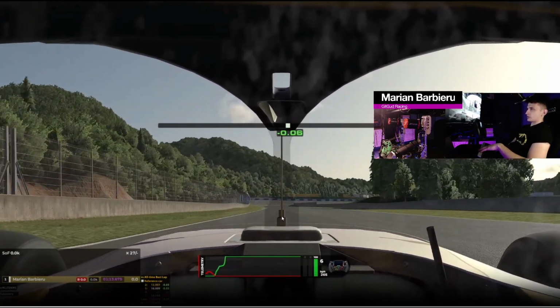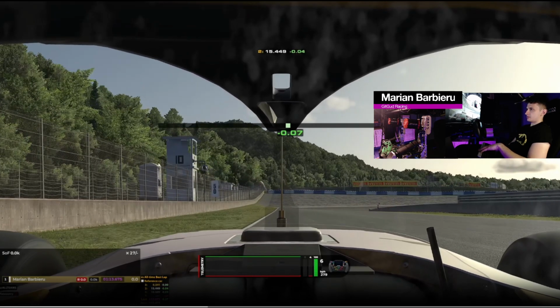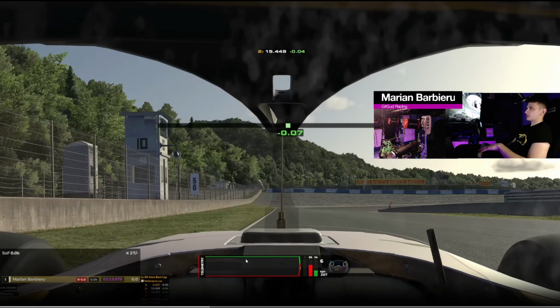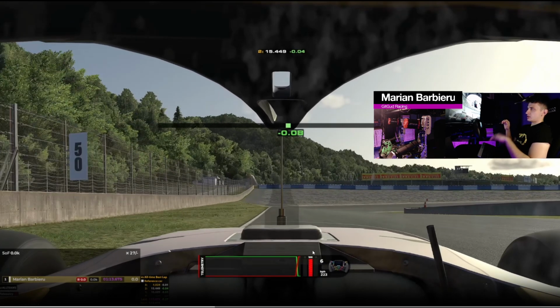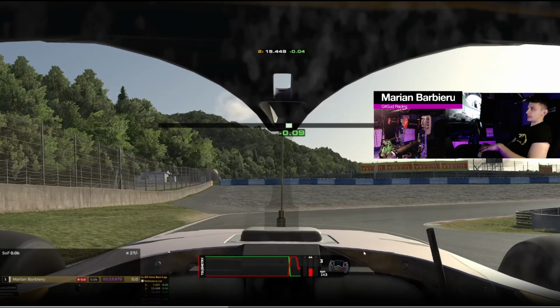Now for the next one, quite similar story in the way that you're gonna brake hard, heavy, and drop it quickly to avoid the lockup. I'm braking at this building, not the one with the 10 on it, but this one right here. So whenever I'm seeing it and I'm getting close, I'm applying the brakes. And then, as I said, picking 100 in this case and quickly dropping, because I know here there will be less grip, and with this change in grip levels the car is gonna lock up, and you don't want that,